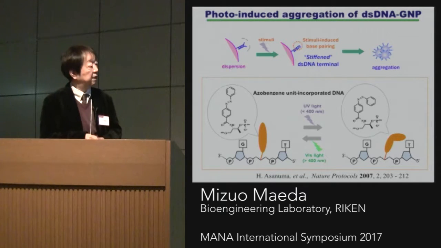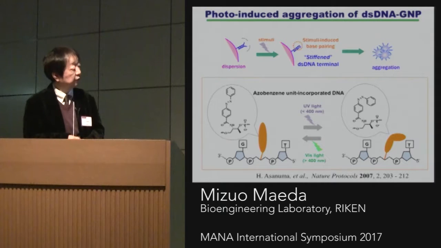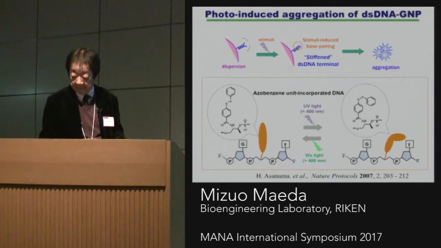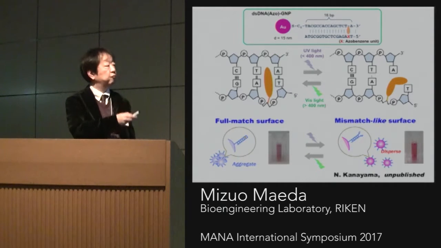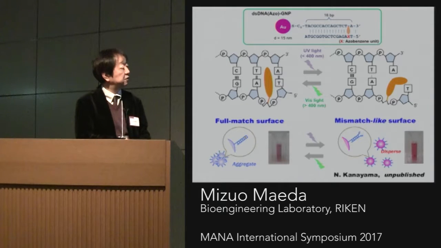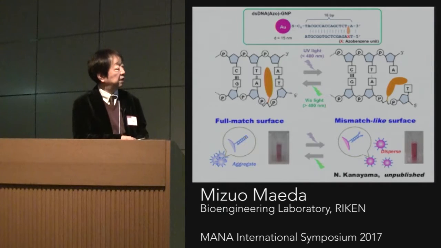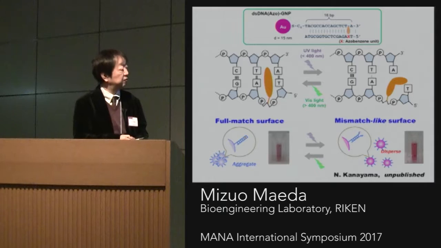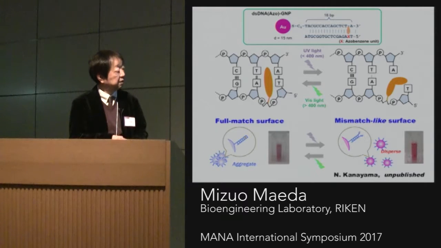two single strands. For this purpose, Professor Asanuma introduced several azobenzene moieties into the middle region of the DNA structure. In our case, we introduced one azobenzene Asanuma compound just before the terminus, very close to the terminus. And in the trans form, the photostationary state, we can observe aggregated nanoparticles, and you can see purple color like